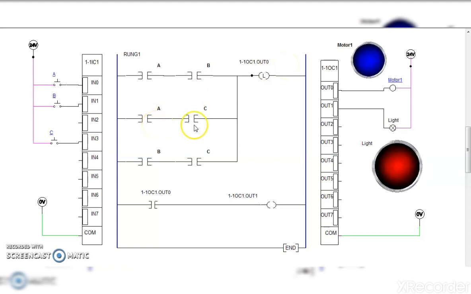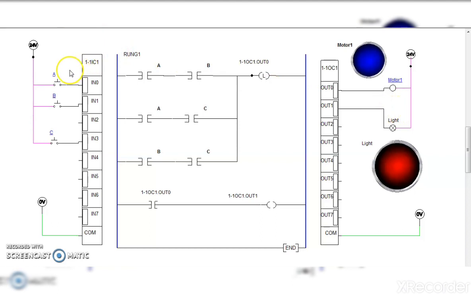It means if A and B are true, then and only then will we go to the output. If A and C is true, then we can go to the output. Or if B and C is true, we can go to the output. Okay. Then the output is latched here. That is Out 0, which is connected to the motor. Whenever any 2 switches are on, then and only then the motor or solenoid will be started. Then when this latching is there, the light will also start, which is given in the problem.